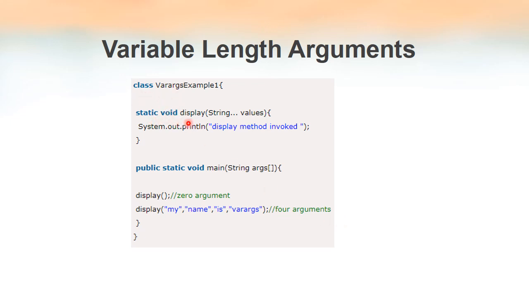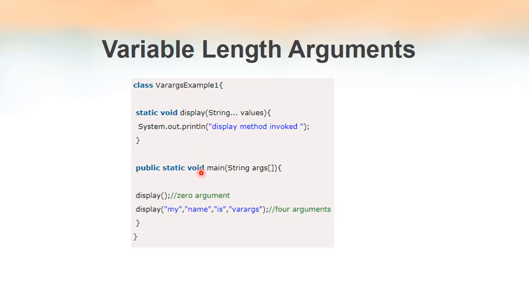We are starting one class, we are given one class name, then see we have declared this method as static. Why? Because we are going to call this method from within the main method. Since the main method is static, main method can call only other static methods that we have studied in the static keyword session. It is because of the static keyword. The main method is static, so main method can call only static methods.